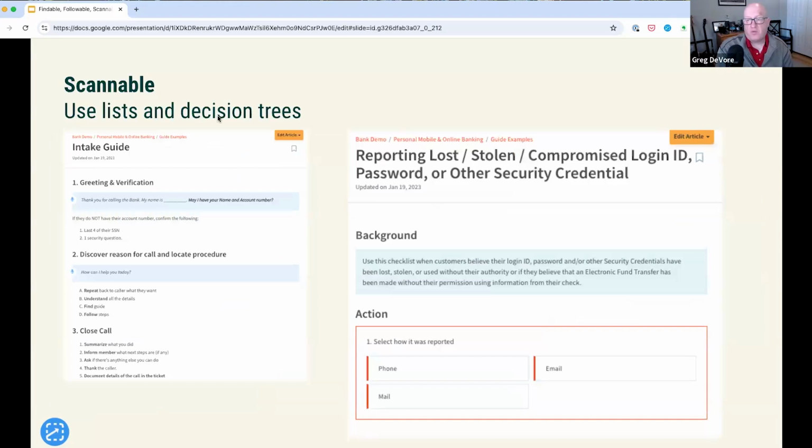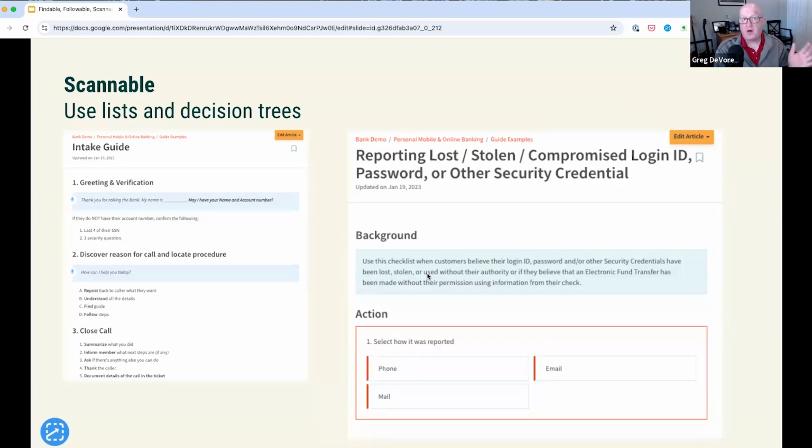And then finally, once again, use lists and decision trees. So when you're writing, use very actionable language. You don't need full sentences. You just need to communicate. Bulleted lists and numbered lists are very helpful in this. I almost never use anything that is in a paragraph, because unless it's something they need to read, I really want to move that into a bulleted list.